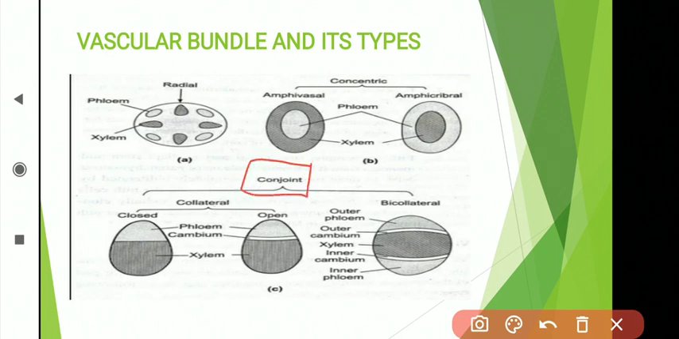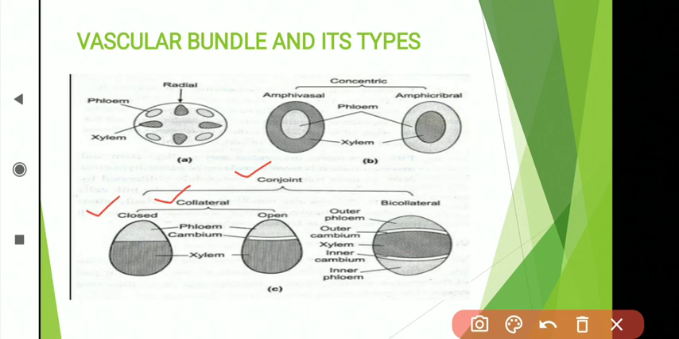Now a vascular bundle is called conjoint if it consists of both xylem and phloem. If a vascular bundle consists of both the elements together, that's why it is called a conjoint. Now, conjoint vascular bundles are again classified into three types, that is conjoint collateral open, look here, conjoint collateral